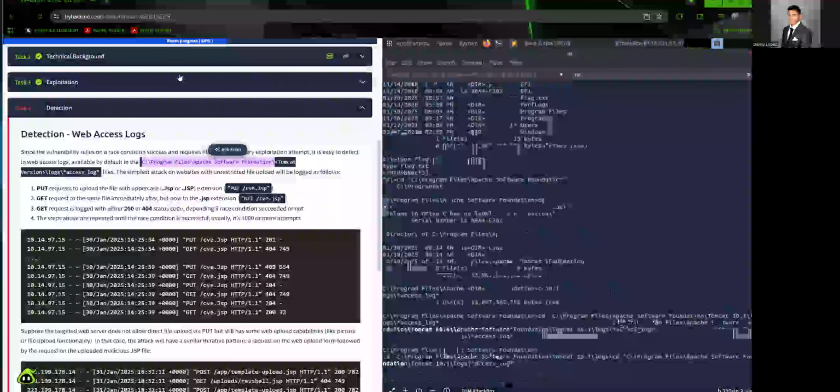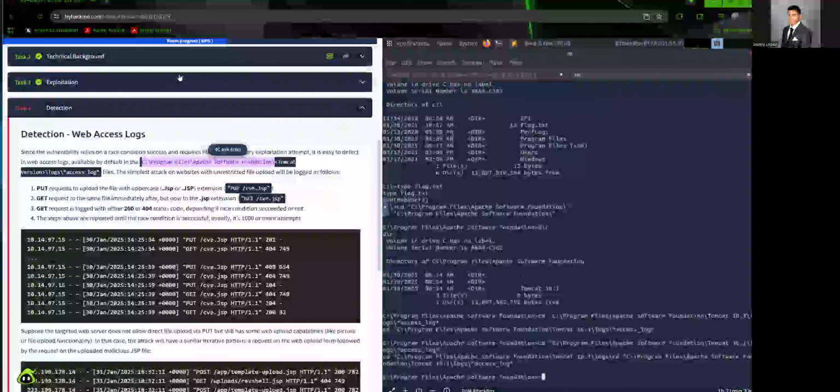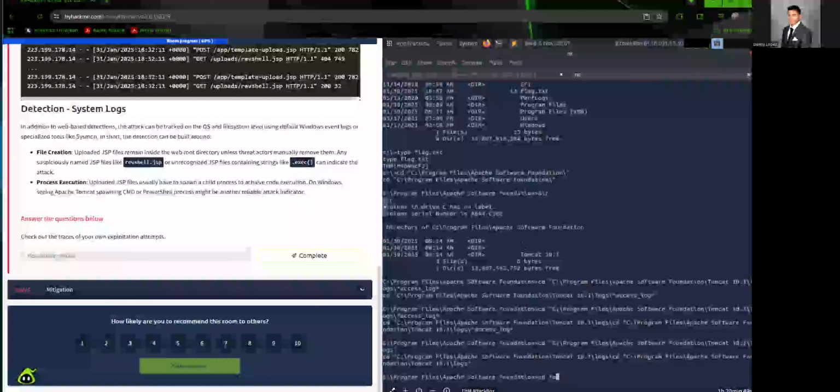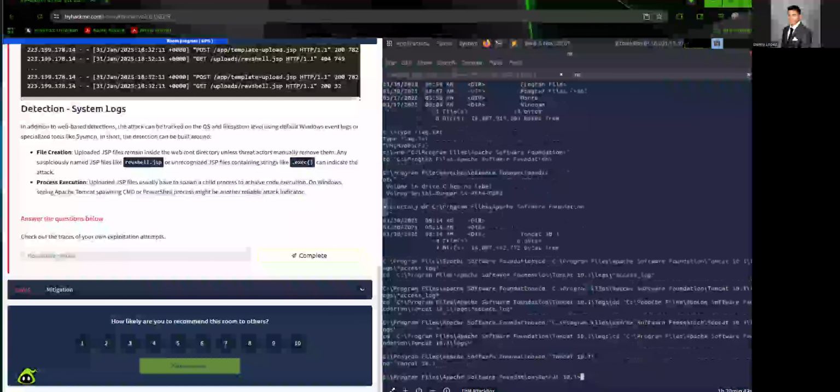Okay, we'll just do it manually, I guess, because it's not wanting to do that. So CD Tom. I still need to use the quotes. 10.1. CD logs.